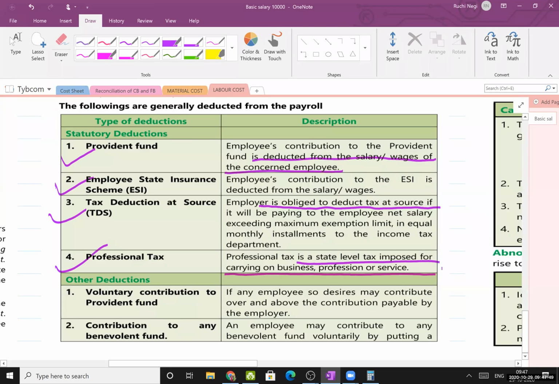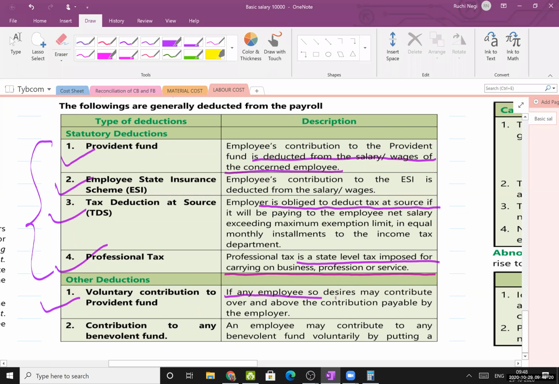टीडीएस, प्रोफेशनल टैक्स, it is a state level tax imposed for carrying on business or profession or service। ओके, तो ये भी एम्प्लॉयर सैलरी से डिडक्ट करता है। ओके, सो ये कंपल्सरी डिडक्शंस हैं। ओके, आफ्टर दीज डिडक्शंस वॉट एवर सैलरी इज लेफ्ट विद यू इज योर नेट सैलरी। ओके, अदर डिडक्शंस, voluntary contribution to PF।